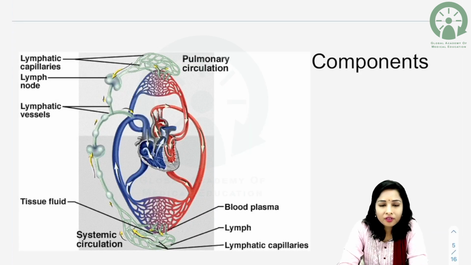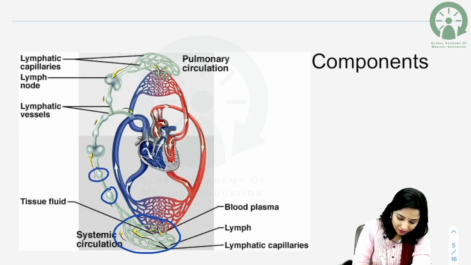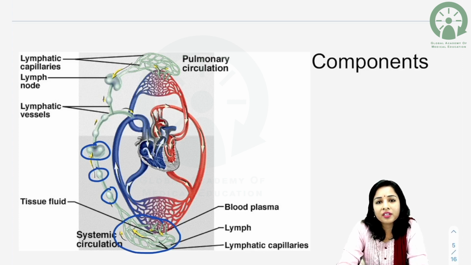So the components of the lymphatic system: we know it begins blindly from the intercellular spaces. It is like a drainage channel accessory to the venous system, and on its way it filters the lymph through the lymph nodes. At each region we have lymph nodes, like in the popliteal region, popliteal lymph nodes, inguinal lymph nodes,